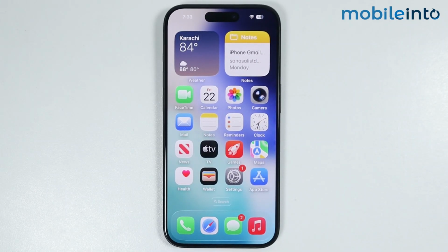Hey, what's up guys? So in this video, we will see how to fix the battery percentage not increasing issue